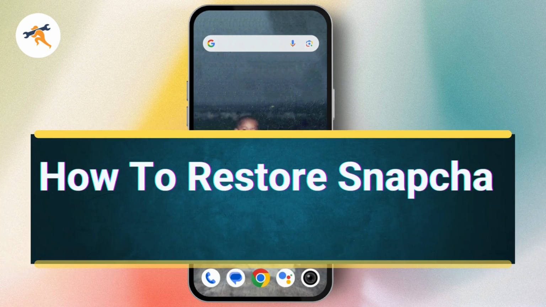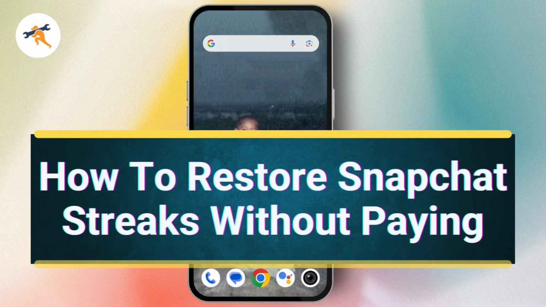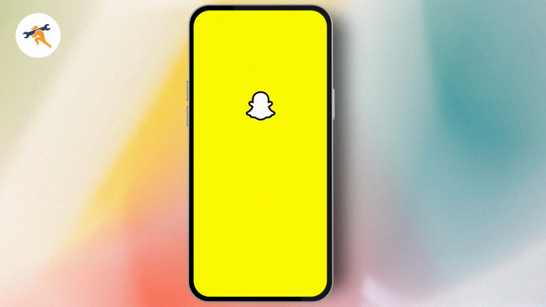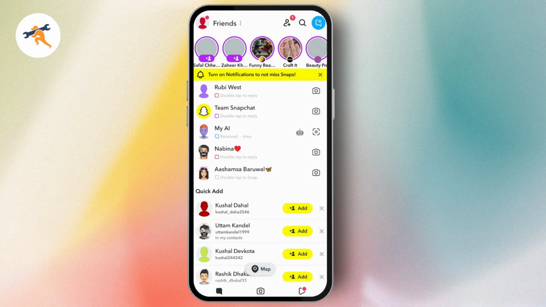How to restore snap streaks without paying. So if you want to restore your snap streaks without paying, then what you need to do is first you need to open up your Snapchat application, go to your chats, and under your chats, now if you have maintained